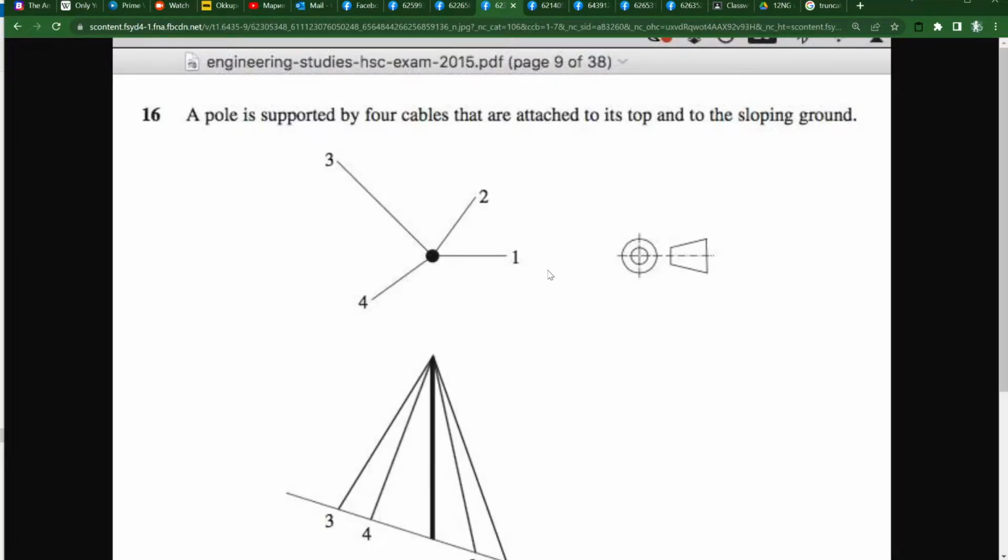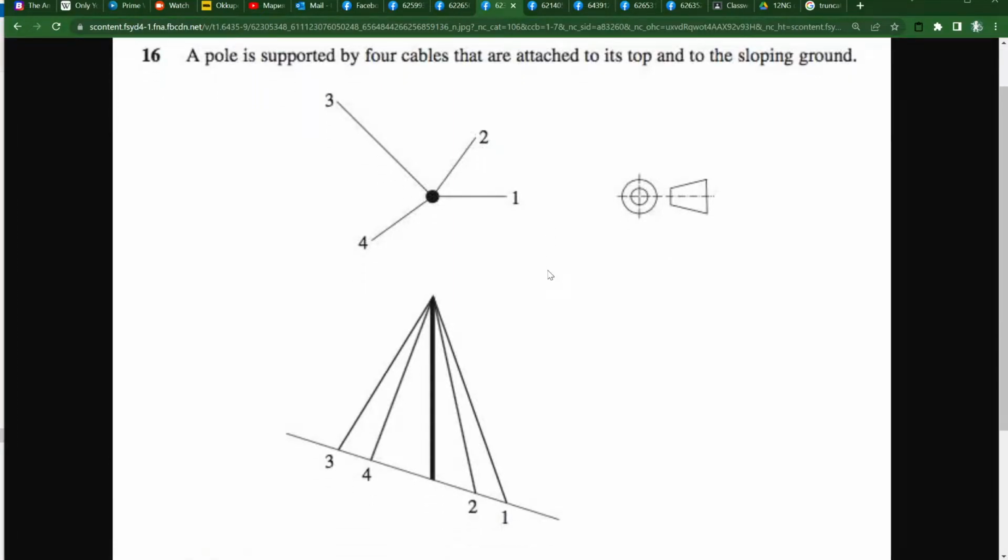So the idea is that in this question here, we have a pole, and in the top view, we could imagine this pole being viewed by a drone. In this case, we could measure that pole as being to scale, and we could say that would be an accurate representation of the pole because it's a dot in this view. However, the cables 2, 3, and 4 are not true lengths,